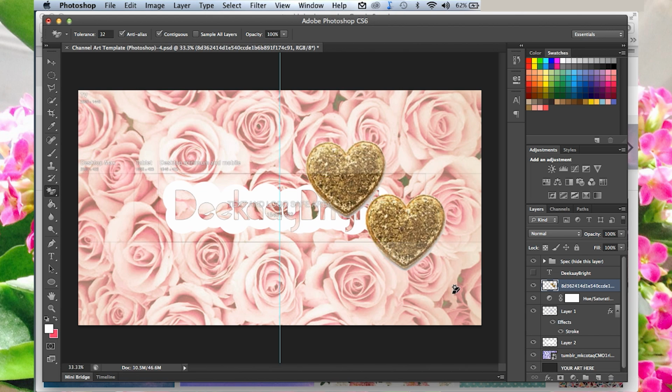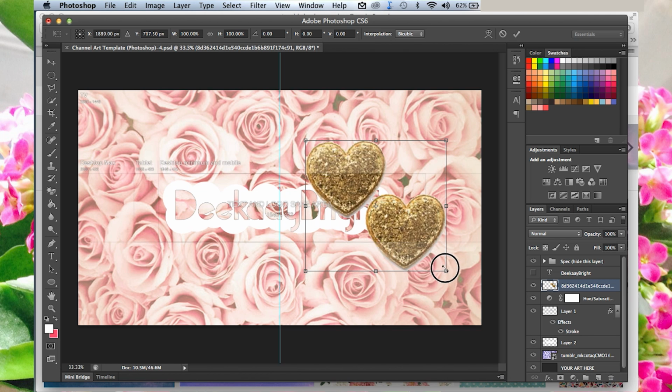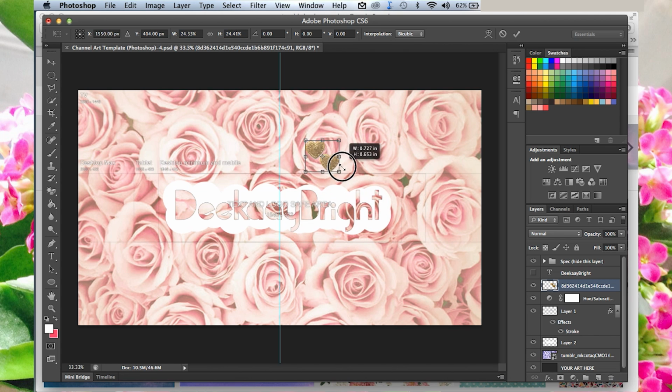Now you see the hearts are way too big. It's outside of the boundaries that we want. So on your keyboard, you're gonna click Command T, and basically it's gonna help you transform your image and make it smaller. If you press Shift, it's gonna keep its size and make it just smaller. Okay, and you can make it smaller again so that it fits and looks nice,